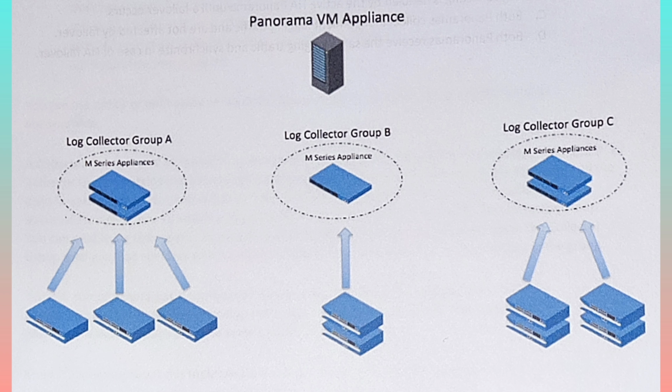Dedicated log collector. This is an M-600, M-500, M-200, or M-100 appliance or a Panorama virtual appliance in log collector mode. You can use an M-Series appliance in Panorama mode or a Panorama virtual appliance in Panorama or legacy, ESXi, and vCloud Air mode to manage dedicated log collectors. Because you use the Panorama web interface for managing dedicated log collectors, you must add them as managed collectors.